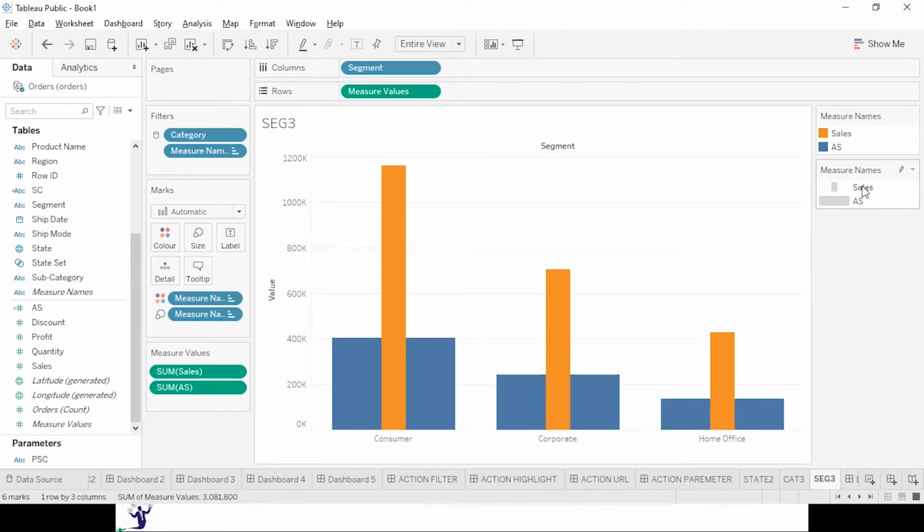Alright. So what do you feel? Are the dashboard actions more powerful than worksheet actions? Yes, they are. But the same thing is there also, and here also it is the same. Only the impact is more. It is more impactful over here. Clear? Right. So these were the dashboard actions. Let's proceed further and see what comes next.